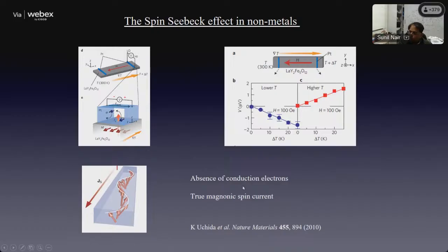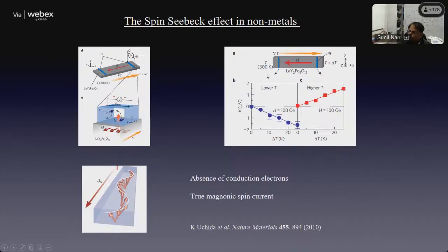And so what they did was to move from permalloy to a material class which is known as a garnet. It's an oxide. This one was a lanthanum yttrium iron oxide. This is a ferrimagnetic insulator. It has a robust band gap, more than 3 electron volts. So at room temperature, you try and measure the resistance across it, you see an overload. There are no free charge carriers around at all. And they basically just did the same measurement all over again on this system, and they showed similar results. So this is the same here.